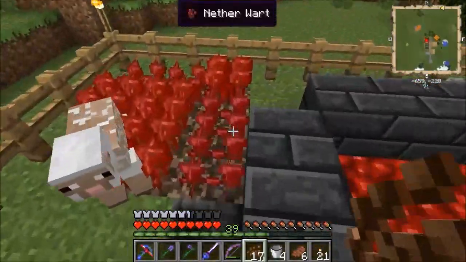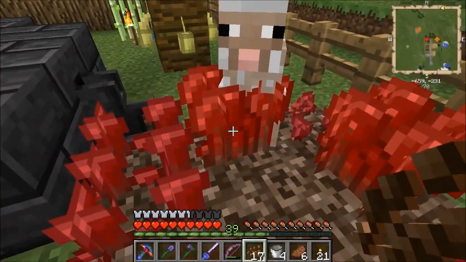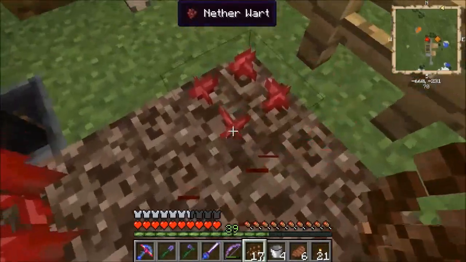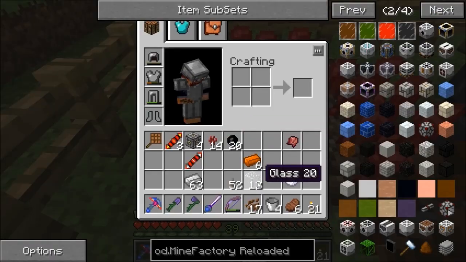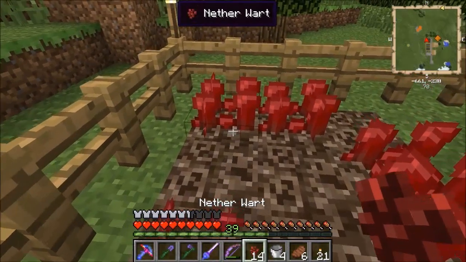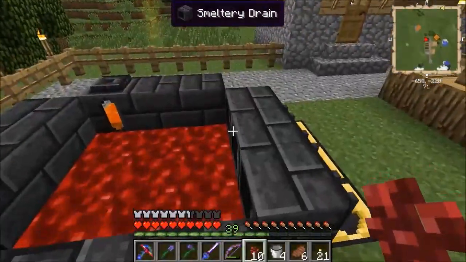And as you can see, I've also planted some nether wart here because I picked up a bit of nether wart when I was in that fortress in the nether there. Get away, sheep. So that's growing away. So what this is going to give me for my bioreactor,